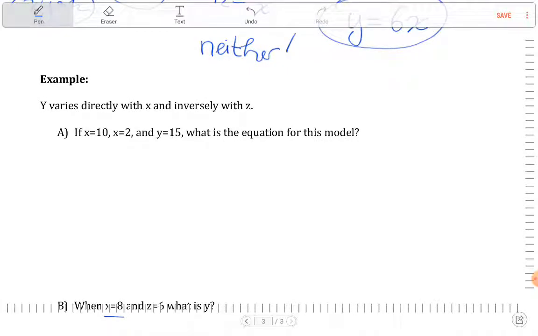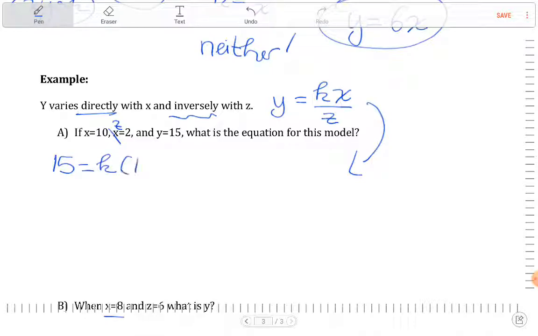Next example, y varies directly with x and inversely with z. So directly with x means we have k times x. Inversely with z means we're dividing by z. So this is what I want to use to find the model for down here. If x is equal to 10, and this actually should be a z, z equal to 2, and y equal to 15, we can plug this information into our equation,